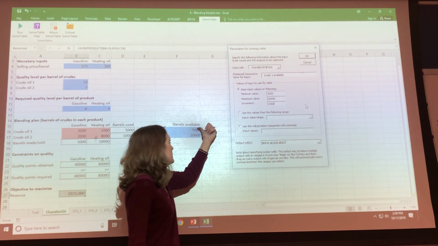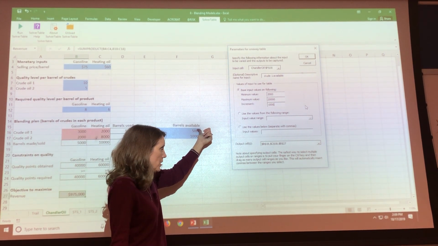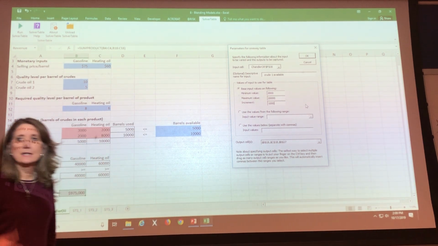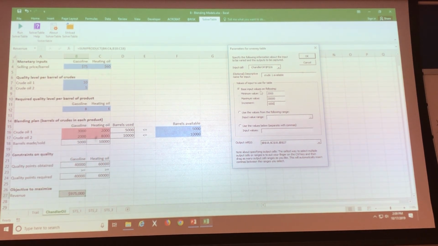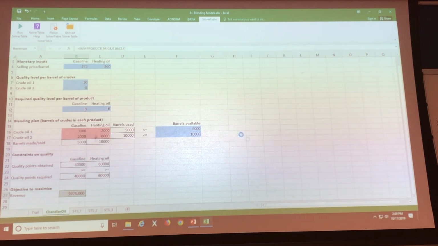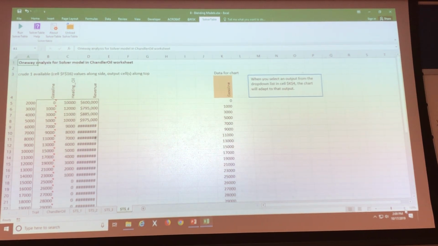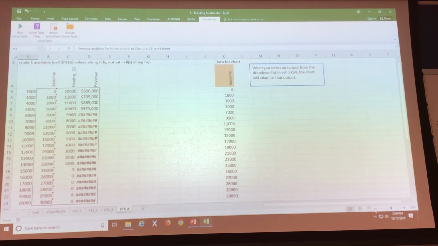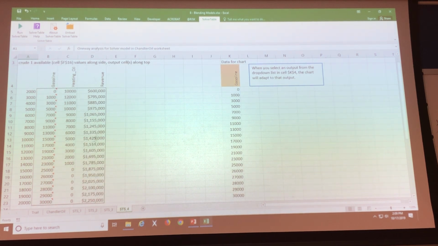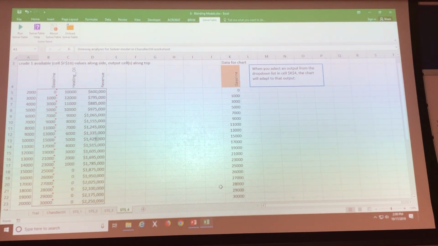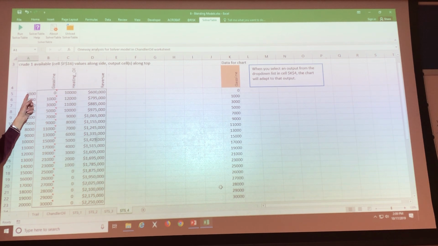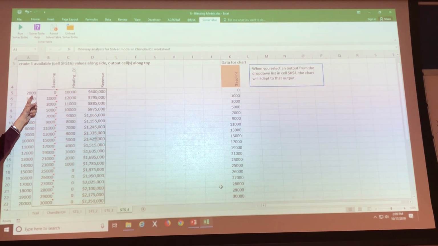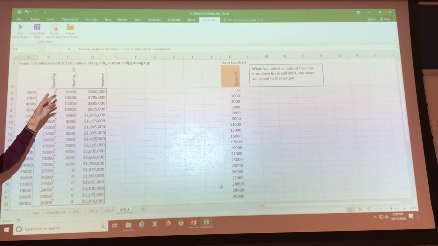We're varying F16, the availability of crude one, that's the higher quality one, and still looking at the same three things, the commodity levels and the revenue. When I run this one, big bunch. Okay. So this is crude one that's available to us. When you start out with just 2,000 barrels of crude one, you don't really even have enough high quality crude to make gasoline. It chooses not even,